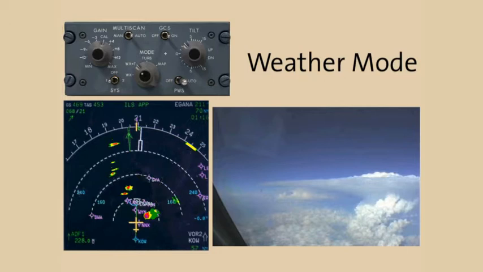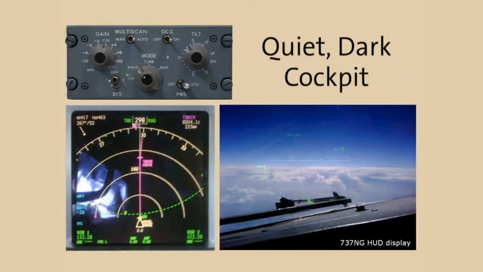One significant difference between multiscan in auto and a traditional radar is that weather below the aircraft flight path, or non-threat weather, is not displayed. Multiscan uses the quiet dark cockpit philosophy. In other words, if the weather is not a threat because it is not in the aircraft flight path, it